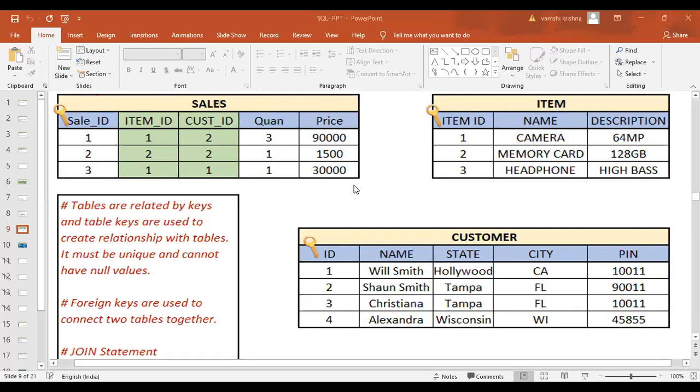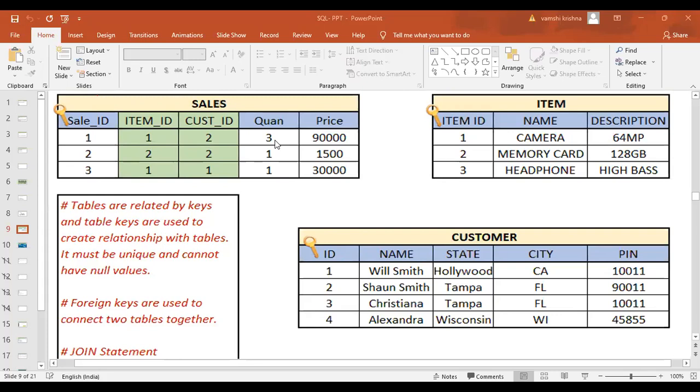It has come only to get that information. You agree? Yes. That is why it is called a foreign key. Now, this customer ID, Sean Smith has purchased a camera, with 3 quantity, and the price is 90,000 rupees. Clear now?